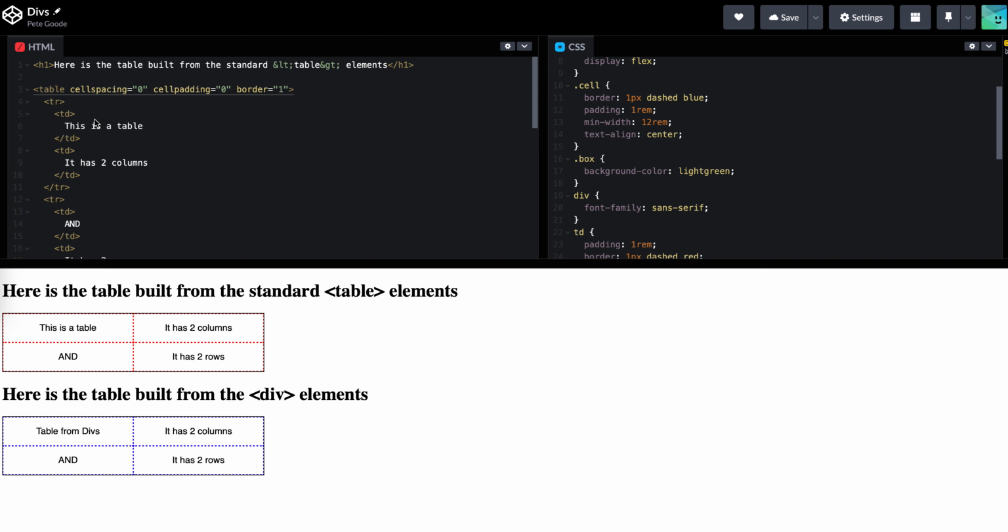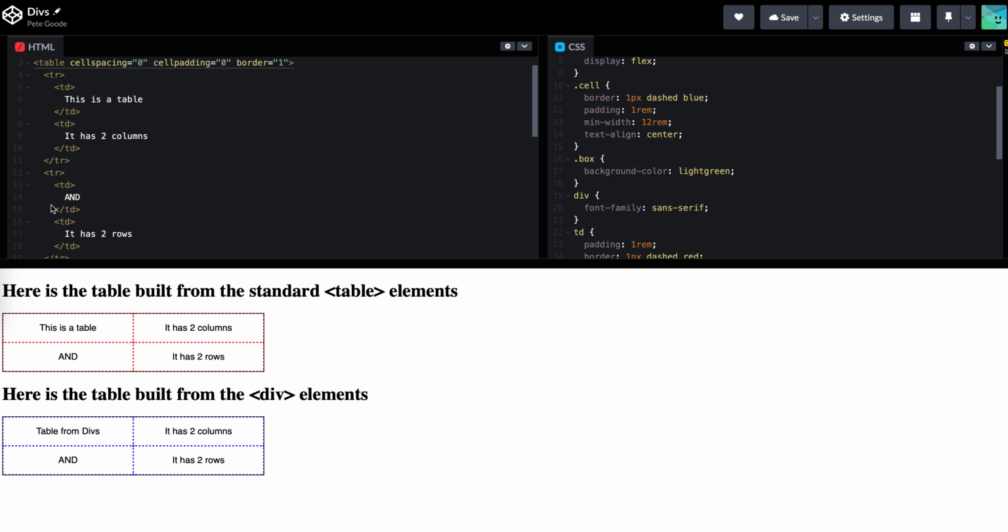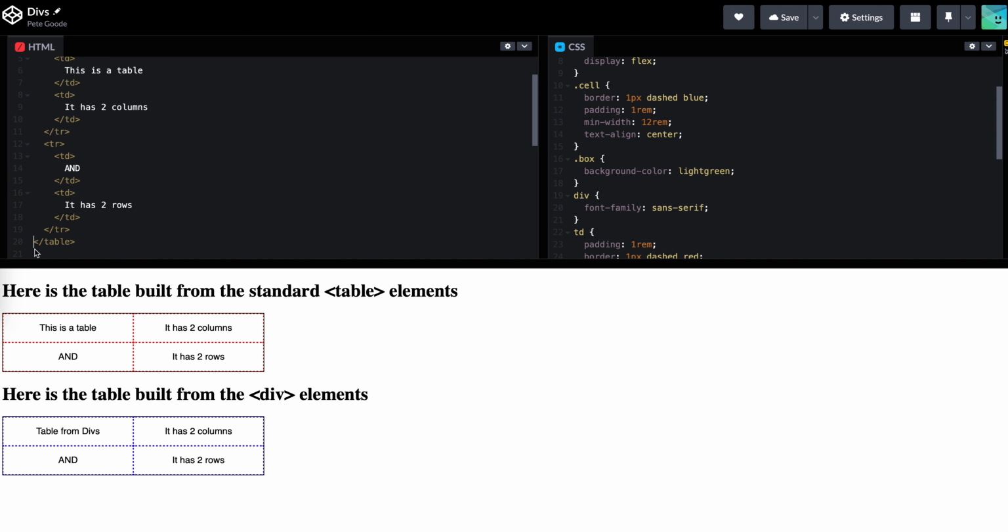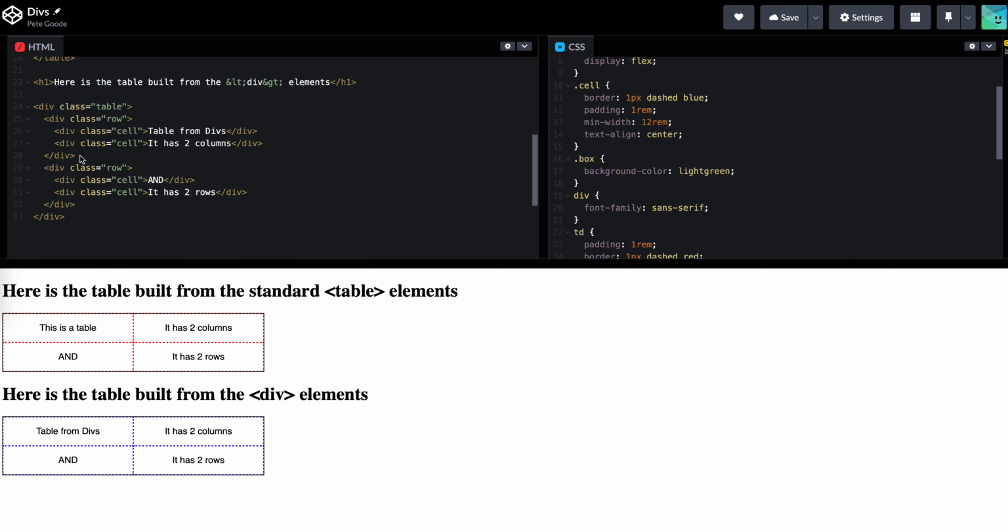It starts with table, then it creates a table row. Then it has two table divisions inside of that table row. Then it has another table row. Again, table division, table division, table division, that sort of thing. And then it ends the table row and ends the table. You're going to notice that the structure for building a tabular sort of thing with divs looks the same as far as quantity of code. But you recognize this. Now let's take a look at the same thing built